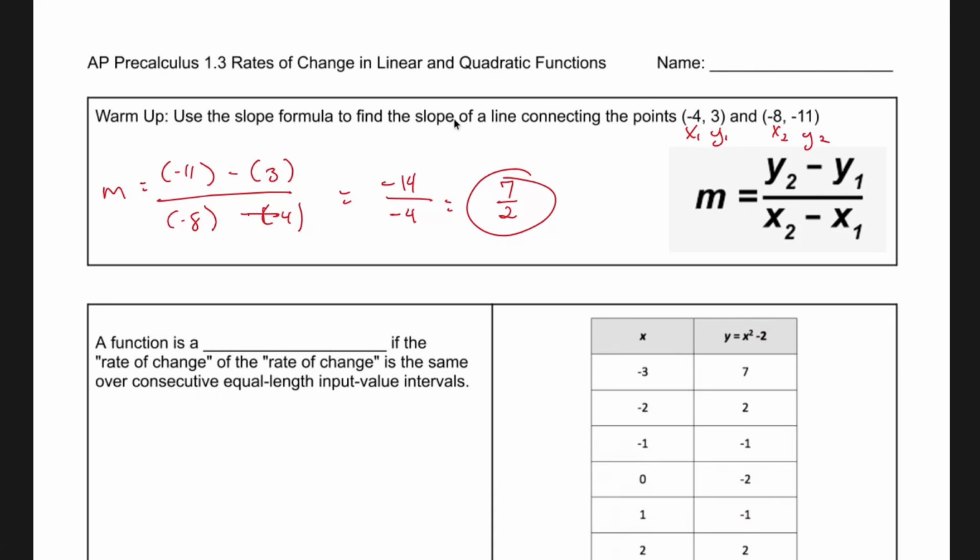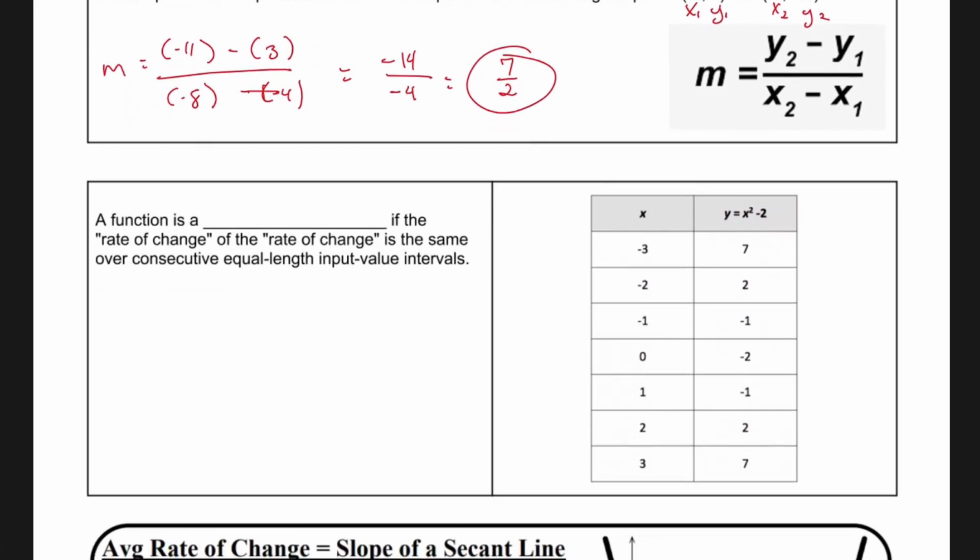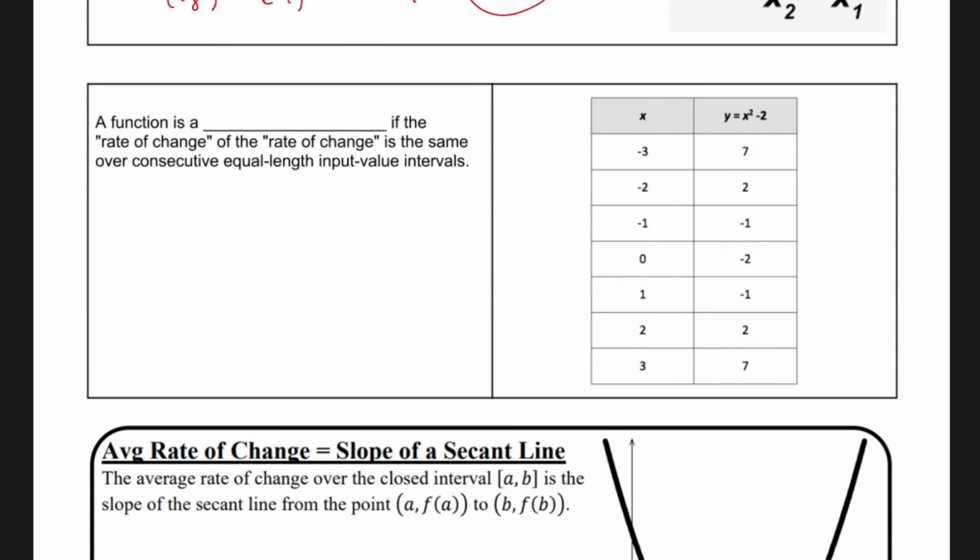So much fun. Today we are focusing on a lot of rate of change, and rate of change is a fancy word for slope, so we'll probably deal with this guy or something that looks exactly like it in the near future. But we're talking about things that are linear and quadratic. We're going to hit both of these. So, first thing that we're going to talk about is a function is blank if the rate of